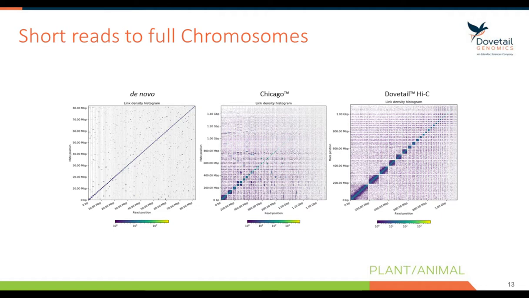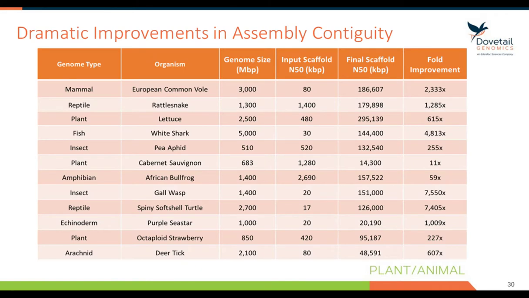Then on the far right, when we add in the Dovetail Hi-C data, we finally get single scaffolds for each chromosome represented. We've done, like I said, hundreds and hundreds of assemblies of all kinds of taxa: mammals, reptiles, plants, fish, insects. We've done polyploids, highly heterozygous